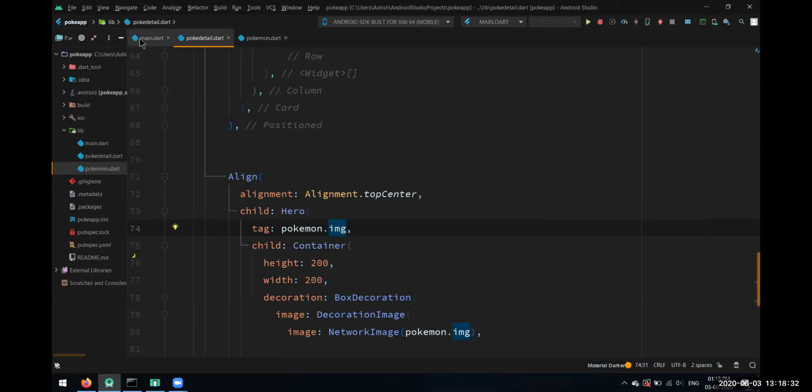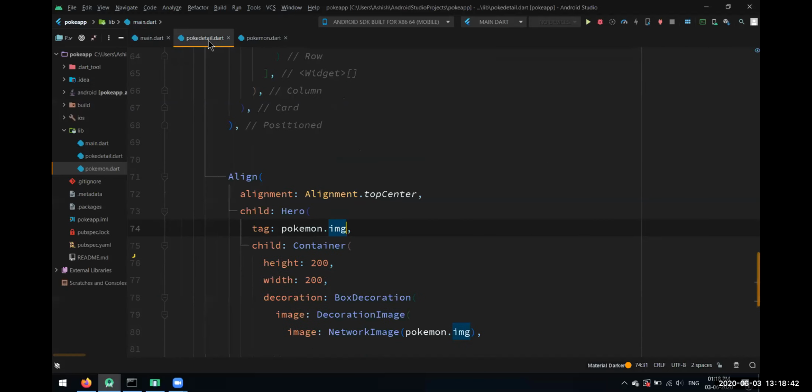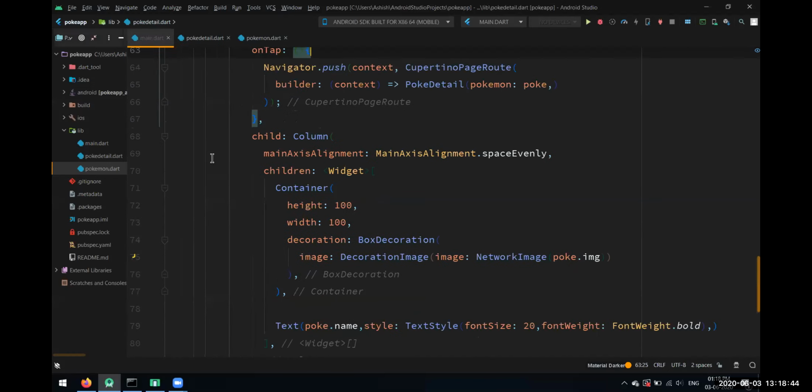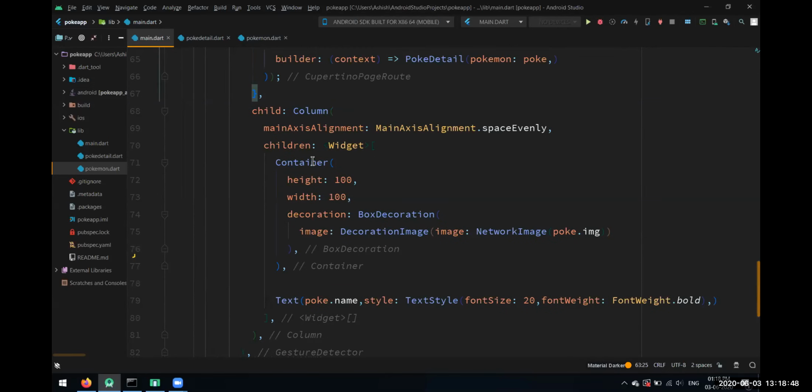This hero widget will show us a little piece of animation whenever we transition between the pages. We just wrap our image inside a hero widget, and here also we'll do the same.